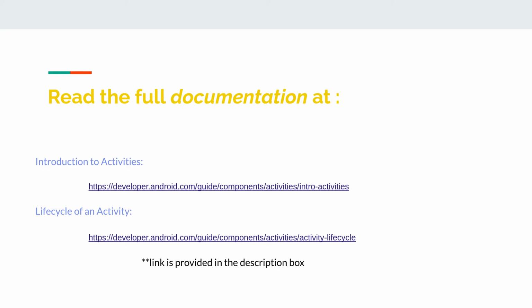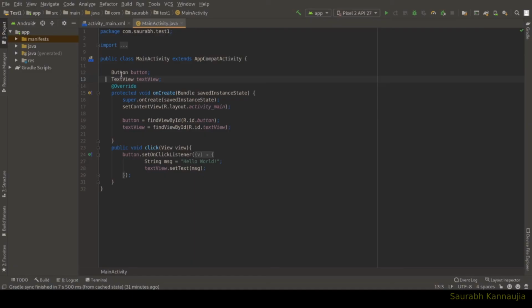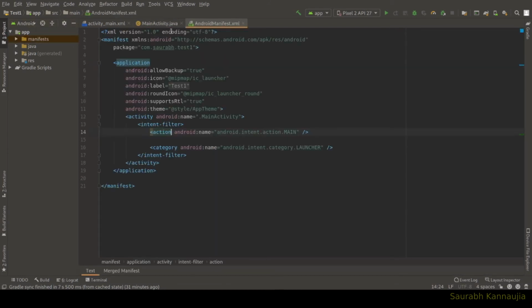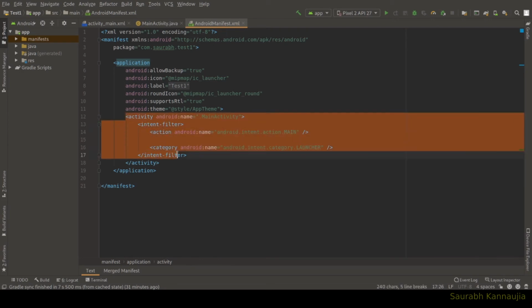So talking of how we choose which activity launches when our app is run, we can set that from the manifest. So double click on the manifest, and the AndroidManifest.xml file will be opened. Inside that, we will focus on the activity tag.